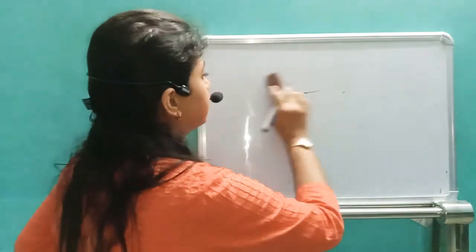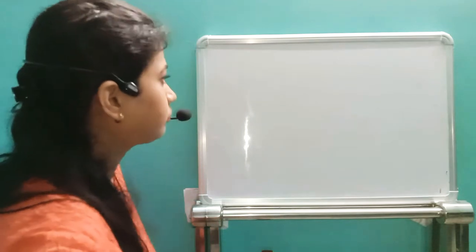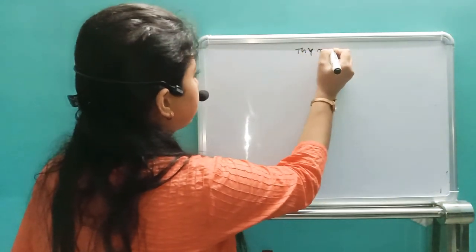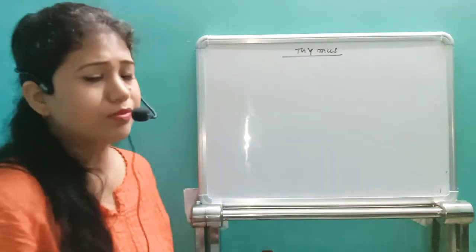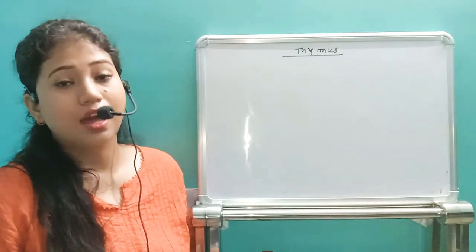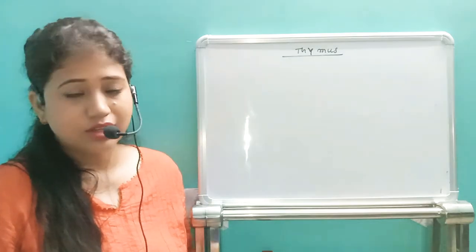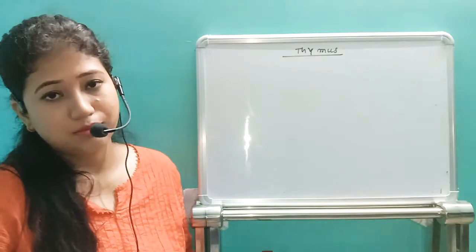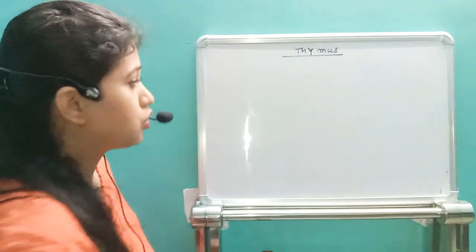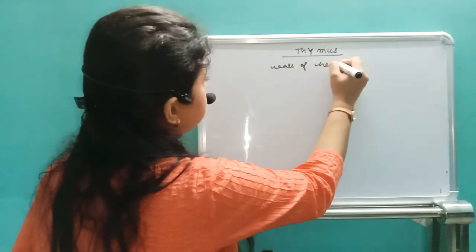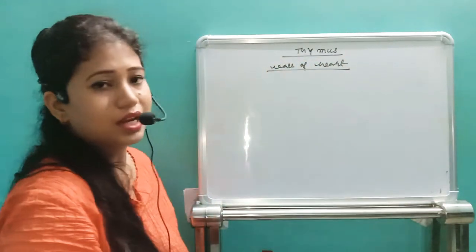Then after that, the next gland we will see is the thymus gland. Up to the thymus only I will complete the video today. In the next video we'll start the thyroid gland, parathyroid gland, adrenal, then the pancreas and the gonads, and complete the chapter. So now we'll see the thymus gland. What is the location? On the wall of the heart. The thymus gland is located there.